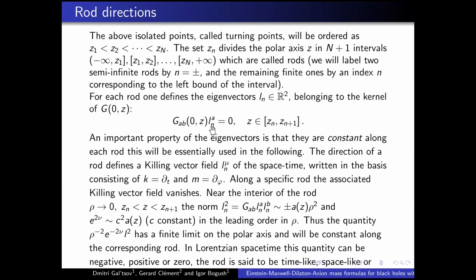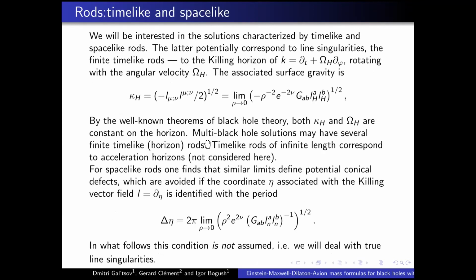Now, this matrix has 0 eigenvectors. These eigenvectors, so-called rod vectors, are just part of the notion of rod structure. Each rod has its own vector. Parameters of this vector are constant on the rod, which reflects for the horizons the well-known theorems about rotation and surface gravity constancy. But now it is for the rod vector in general. For instance, what is kappa? Kappa is this. Yes, kappa is a in this formalism.